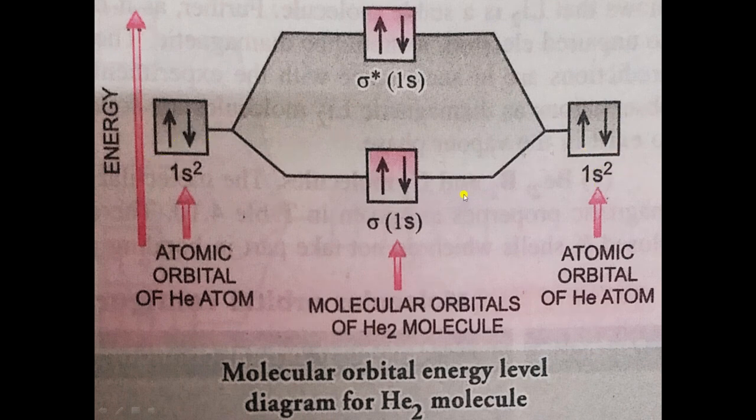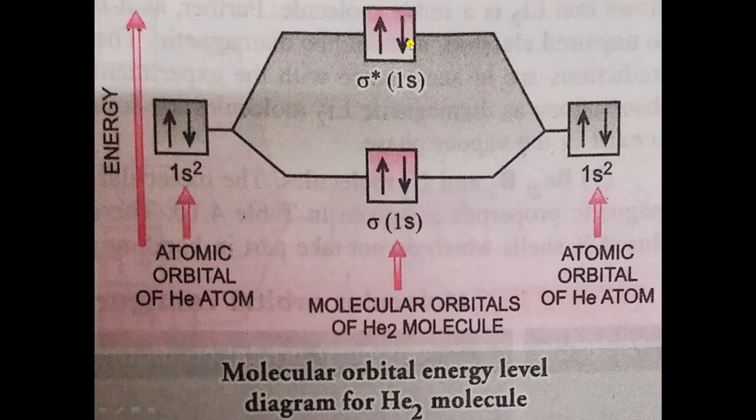As 2 atomic orbitals are mixed together, how many molecular orbitals will form? Answer is 2. So here there are 2 molecular orbitals. Now you have to fill electrons in molecular orbitals. Total number of electrons present in atomic orbitals are 4, 2 plus 2. That means we have to fill 4 electrons in these orbitals. First electron will come here, then second electron will come here. Now third electron will go in higher energy orbital. Third electron will come here and fourth electron will come here.